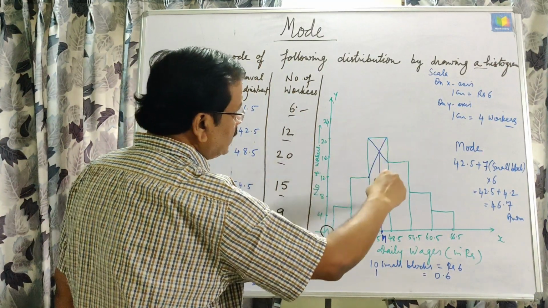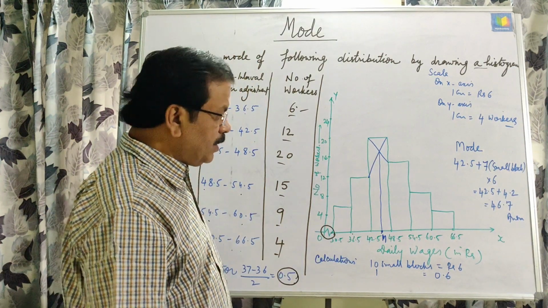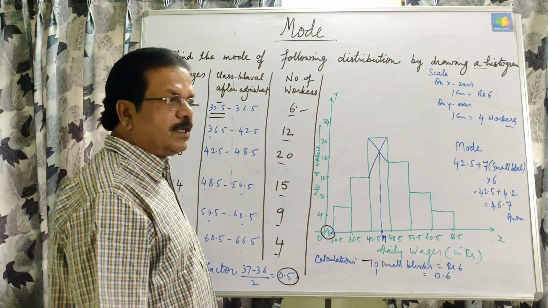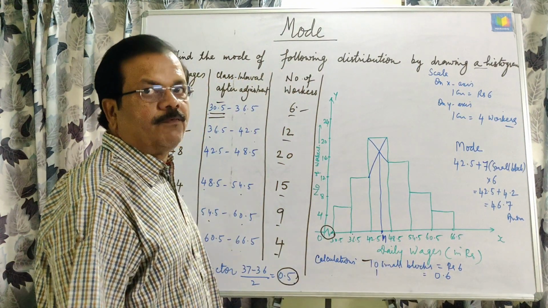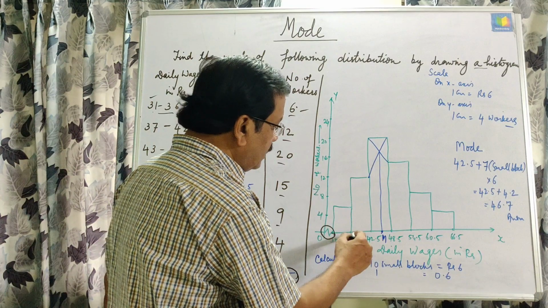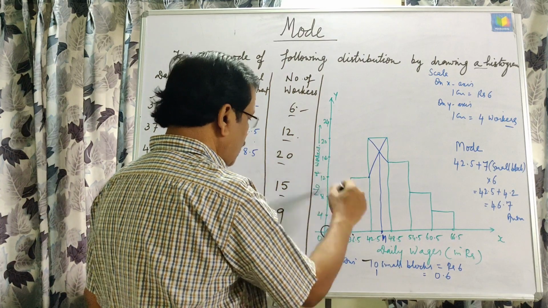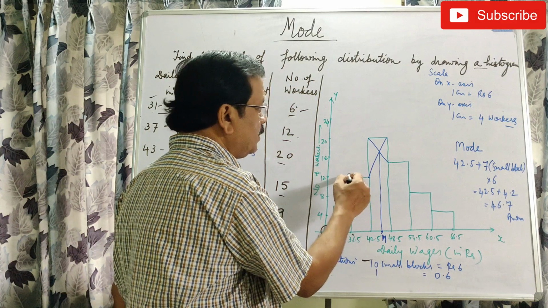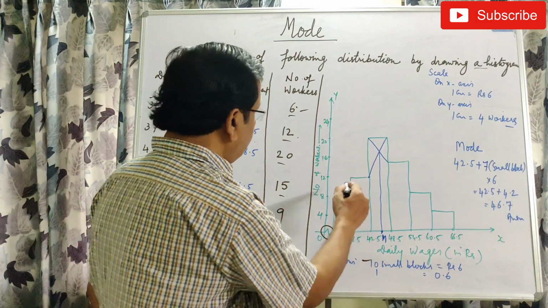Now draw the histogram, 30.5 to 36.5 up to 6. First take the scale. On the x-axis I have taken rupees 6 for 1 centimeter. In some graph paper you will get 10 small blocks, and I am assuming 10 small blocks. In some graph paper you will get 5 small blocks. Accordingly you can count the total number of blocks for getting the correct value of mode. Now for the range 30.5 to 36.5, the first one has the value 6, and then the next block up to 12 will not start from here; it will continue from here, so that there will not be any possibility of making a mistake. And this is for the second.